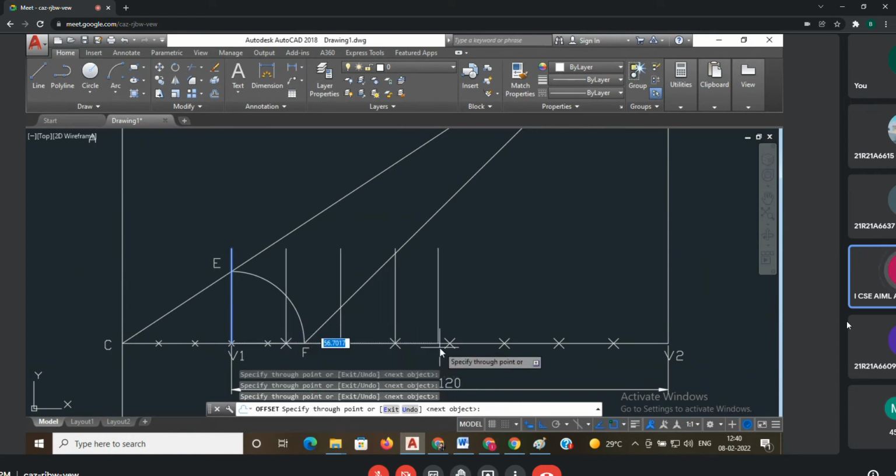But suppose if you find out the distance from point to point, also no problem. Okay, you can draw like that also. Now you draw the vertical lines from each division. Now this is your one.